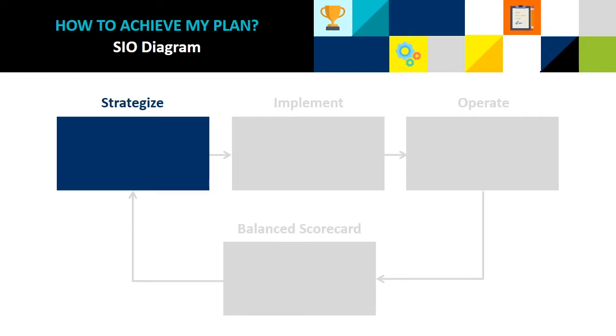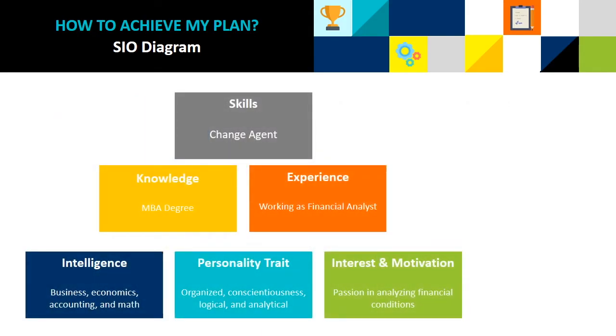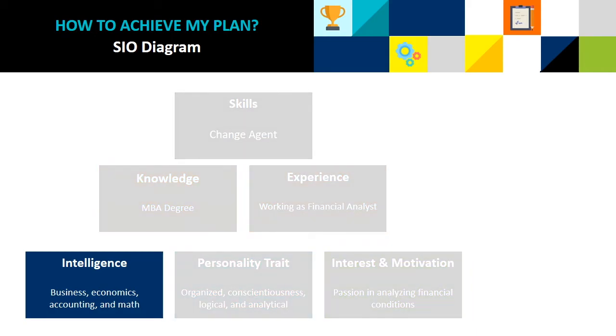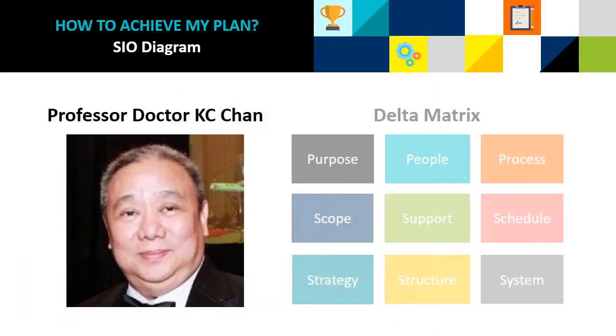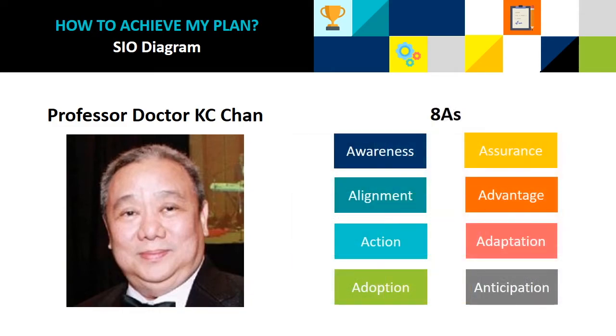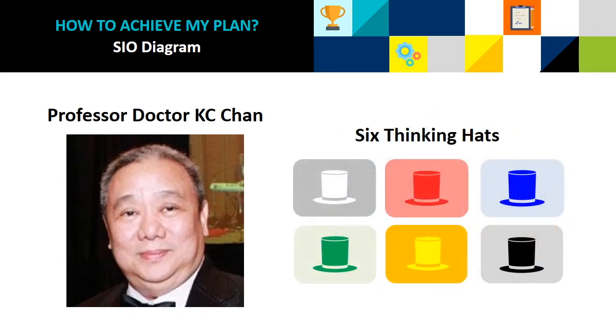First, I need to find the requirements needed to become a financial analyst. Here are the requirements needed. Basically, I have fulfilled the intelligence requirement because I have learned the most powerful 3 lessons from Professor Dr. Casey Chan. For instance, data methods and ideas have helped my process to analyze the problems that I have faced, and 60 heads have allowed me to think differently from different perspectives.